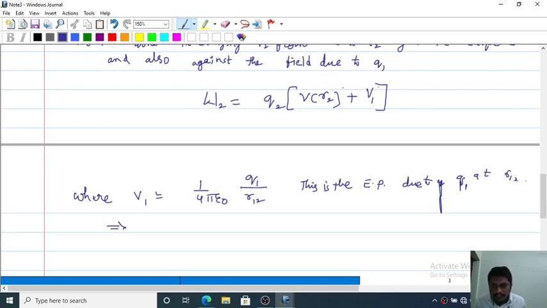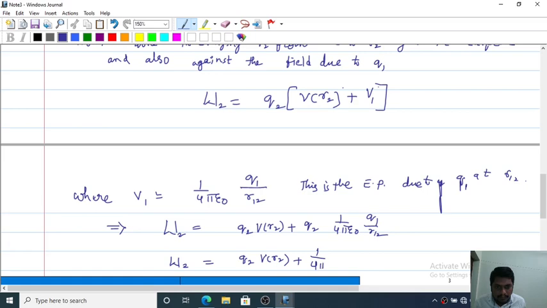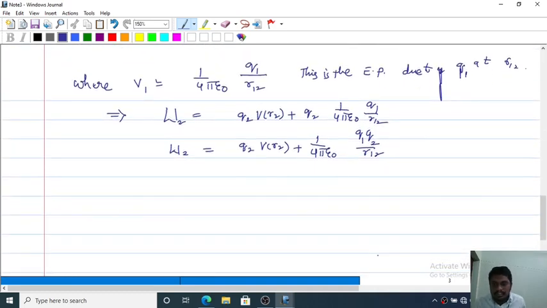So that implies W2 is equal to Q2 into V of R2 plus Q2 into 1 by 4 pi epsilon naught Q1 by R12. Therefore, W2 is equal to Q2 into V of R2 plus 1 by 4 pi epsilon naught Q1 Q2 by R12. Okay, so this work done will be stored in the form of potential energy of system